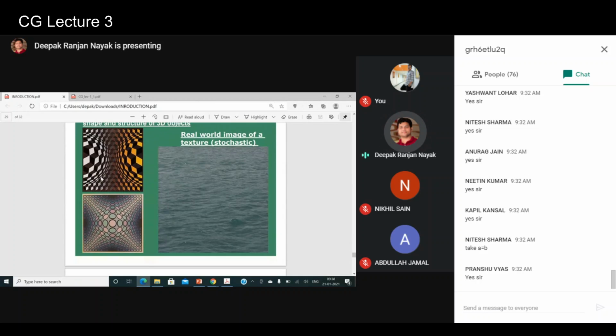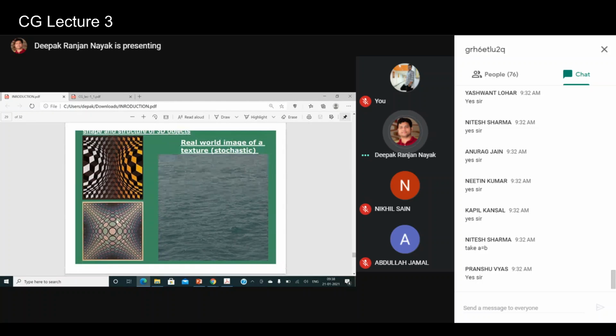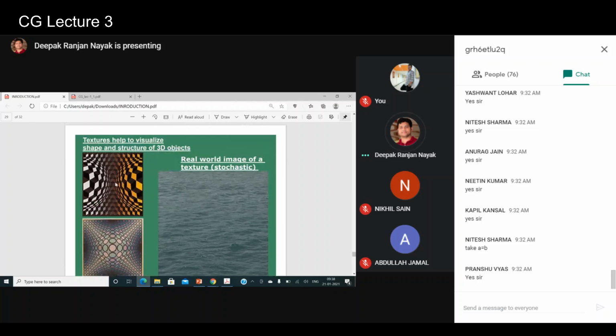If you look here, the shapes look very symmetric in nature, right? Very symmetric, and we can think of drawing this type of structure, I mean the 3D objects with these structures, with the help of the graphic system, right?